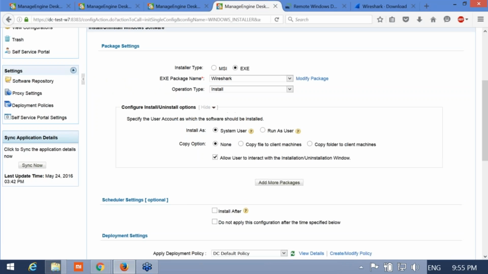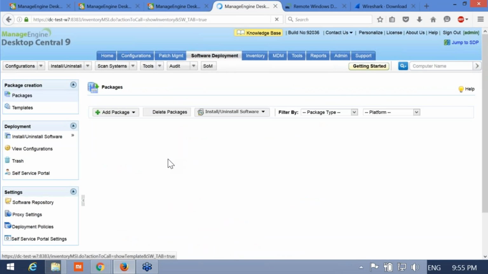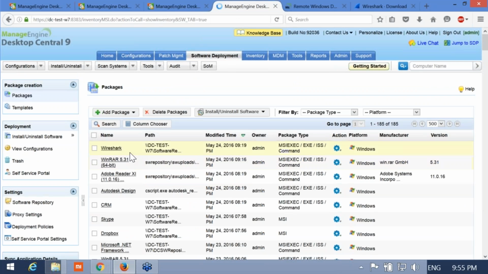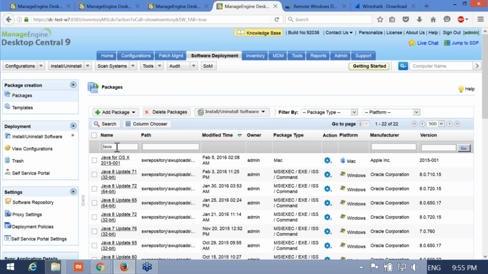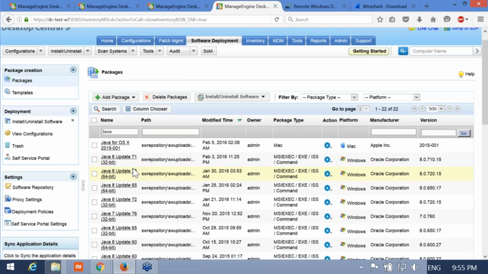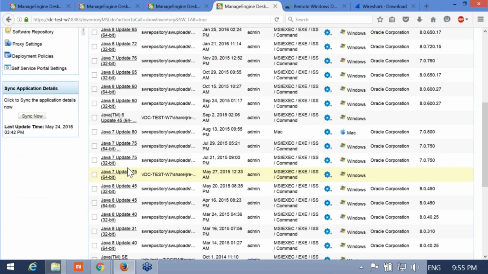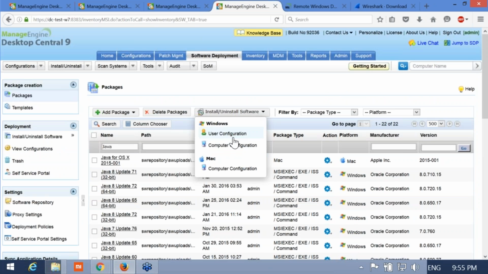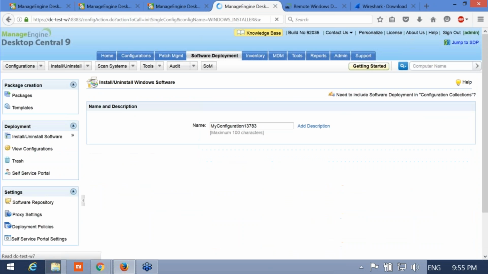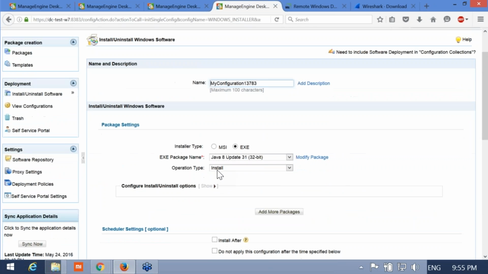For this, we need to do almost the same sequential deployment which I talked about before. So we have to go to the packages, search for Java. Since we're talking about older package removal first, I'll pick a bit older version of Java, select that, and click on computer configuration. As you can see, you have Java 8.31, and we need to move this operation to uninstall